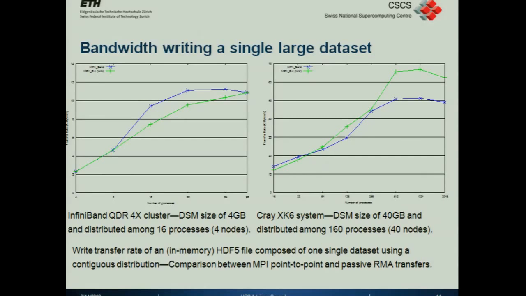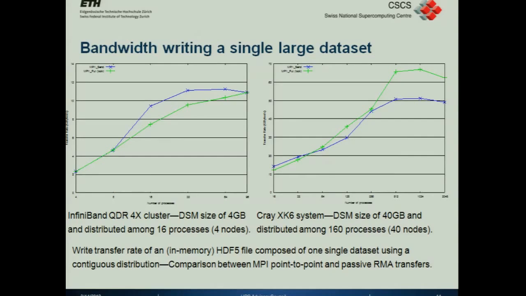On the Cray, we're getting about, I can't read these numbers at all. It's about 40, 50, peaking up somewhere around 60 gigabytes per second, using 160 processes, 40 nodes. So we've effectively got 40 links, or 40 Gemini sockets, effectively active. And so we're getting pretty good bandwidth in the sense that we've got a whole bunch of, I forget now